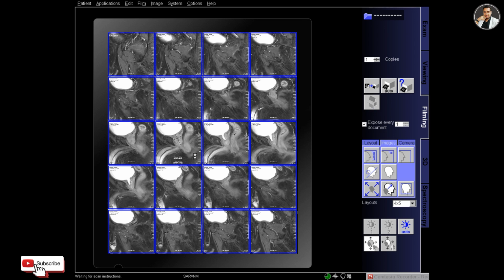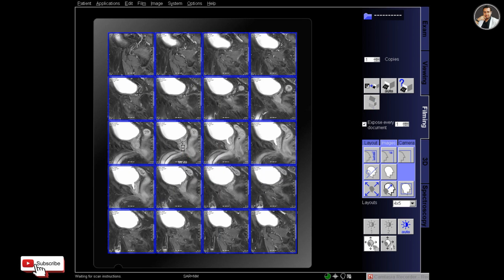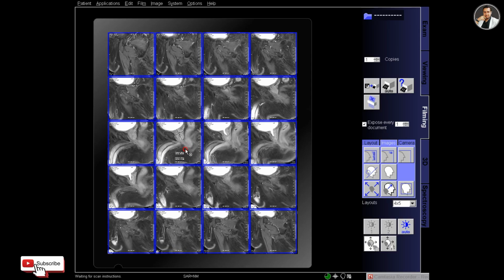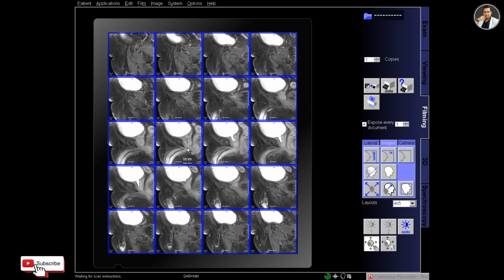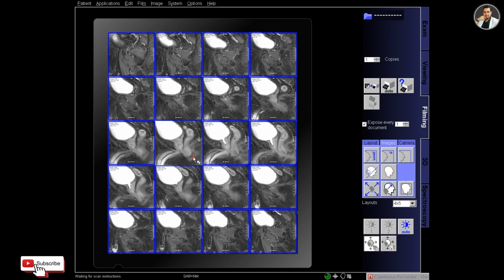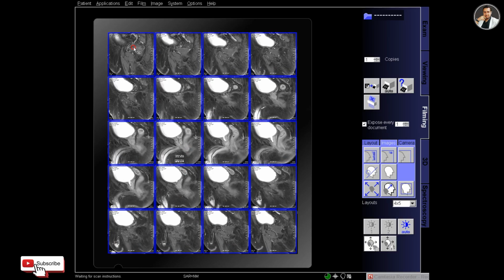I always keep zooming in and zooming out the images as long as I am not satisfied, and slightly darken the image and pan the image so that the prostate is in the center position. So I am satisfied at last, and print out.